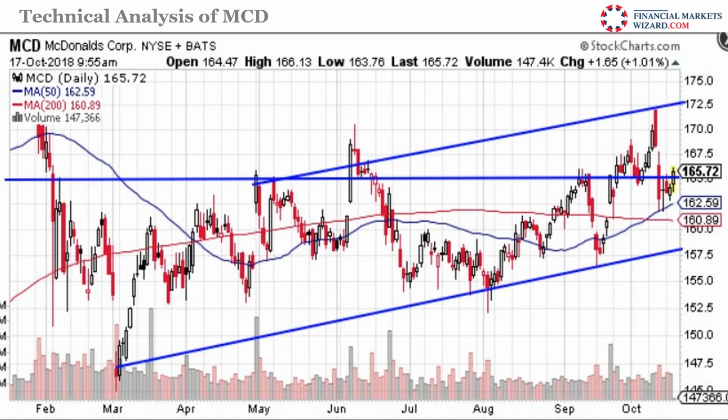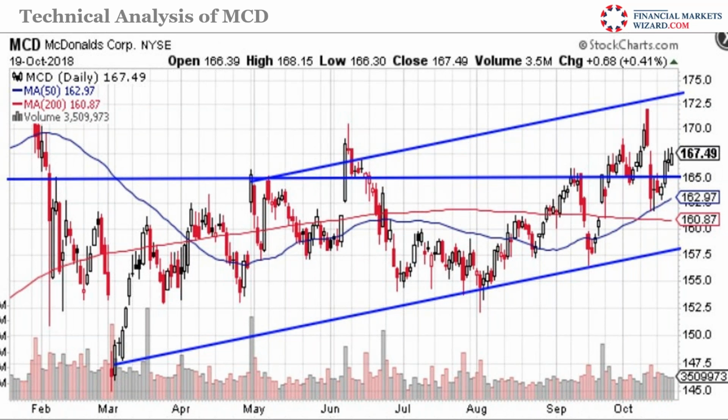McDonald's. All the stocks were moving. There is always a stock which is defying gravity. McDonald's was the one on the 17th which was moving up. So I went long simply because it broke this horizontal resistance line. It doesn't mean a thing, but it did. I went long on McDonald's, and it has been going up since then. I'm on a good side on McDonald's, and earnings are coming up. That's another reason. If earnings are coming up and the stock is moving up,